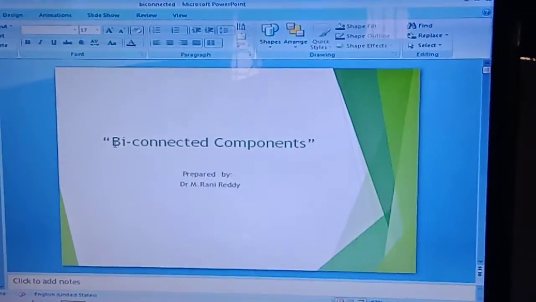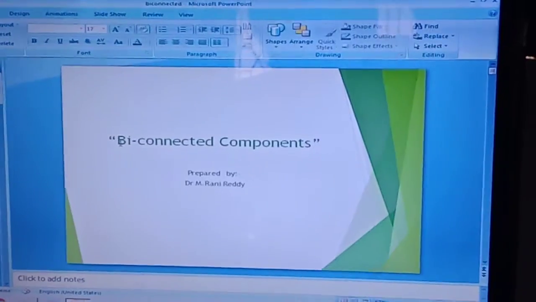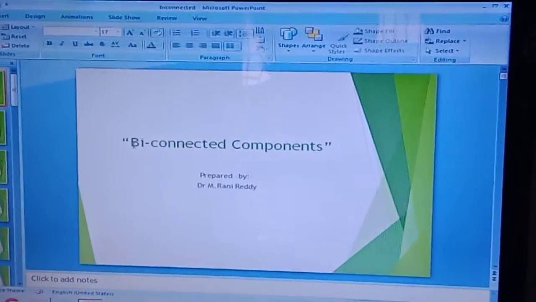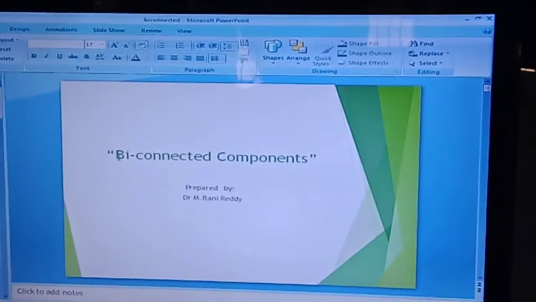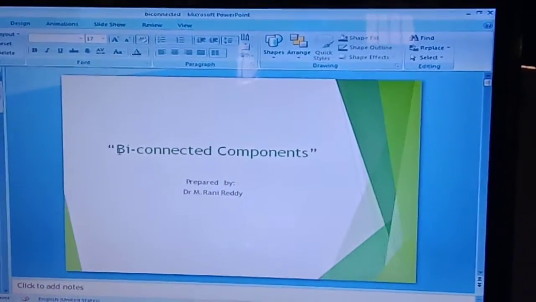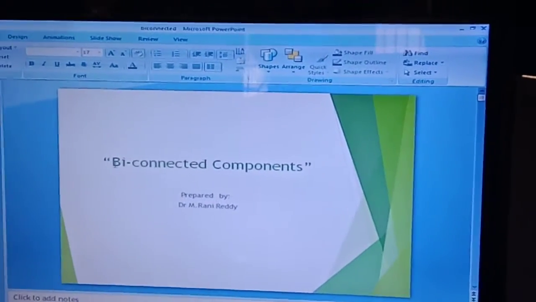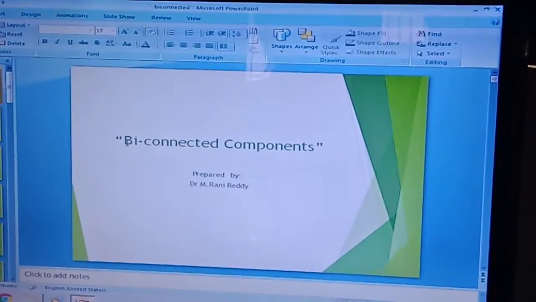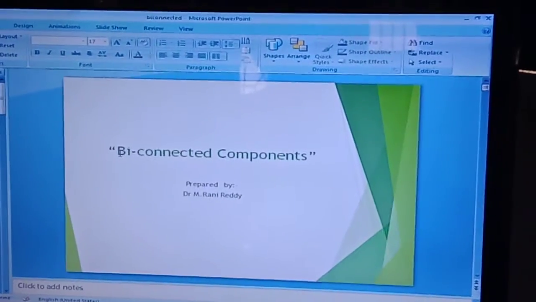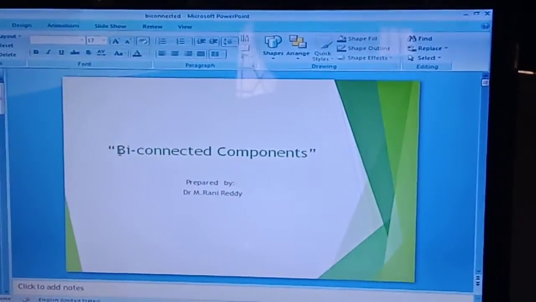That is nothing but, if we remove one edge, automatically we can traverse to the other node through another edge. So bi-connected component means if we remove any path within the graph, alternatively there may be another path available to traverse to the destination. Those are called bi-connected components.